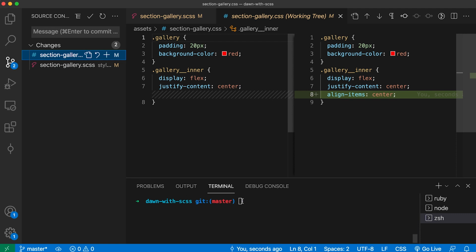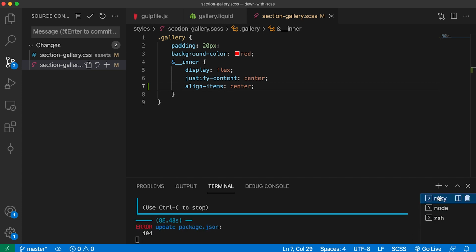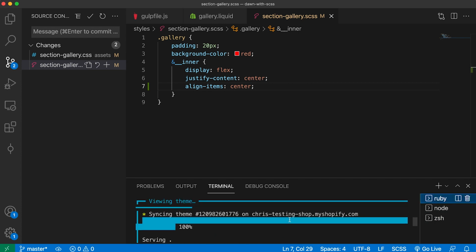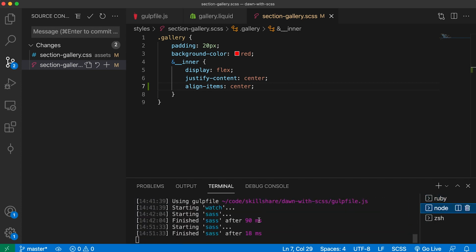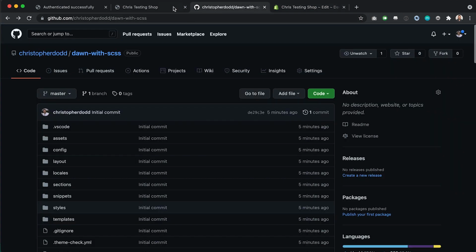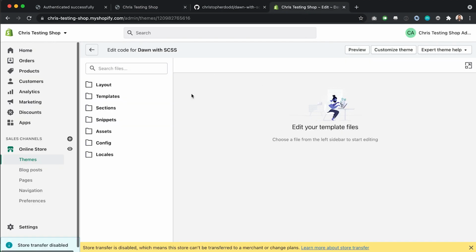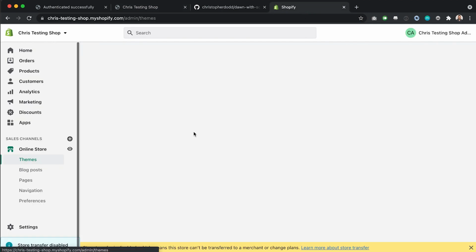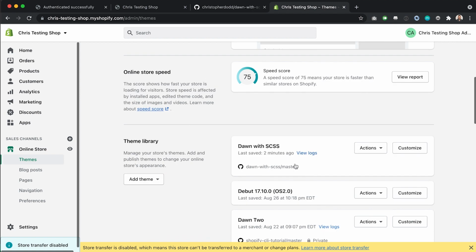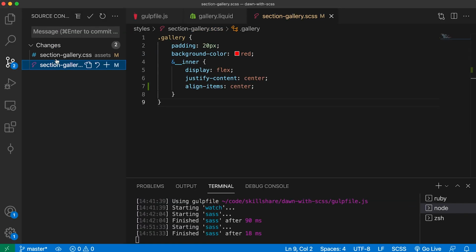All right. So as I alluded to previously, this is kind of the workflow. I set up my project. I run Shopify Theme Serve, I run Gulp Watch, and then I start to make my changes, checking as I go on my local version here. When I'm ready to make that change to the version on my Shopify store, so right here in my theme library, let's say I want to push that to this theme right here, then I will check out my changes